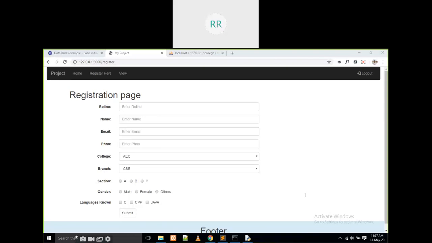The remaining three tasks I can complete in one hour tomorrow. If you want, I can stop here. You have to practice it. Is it okay? Can I stop here or can I continue?